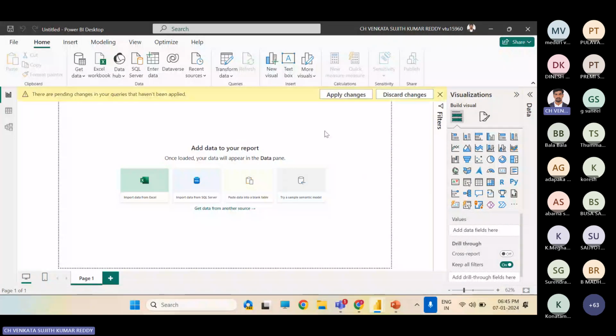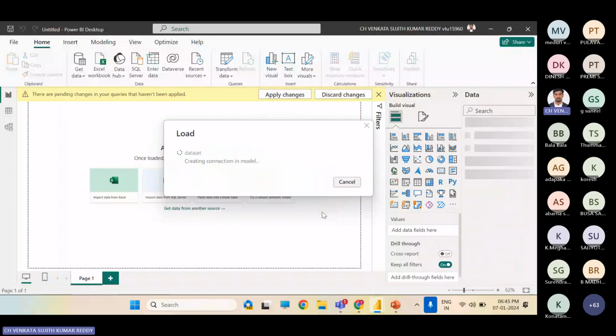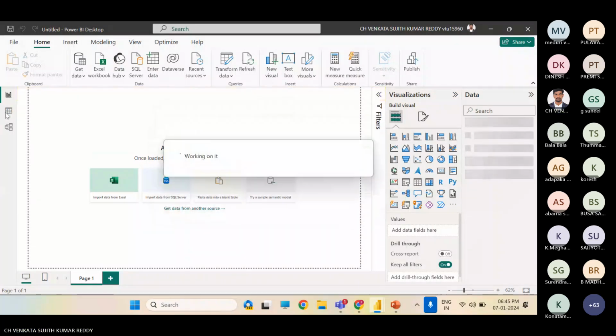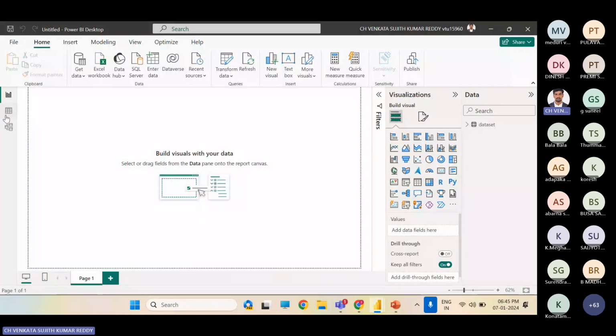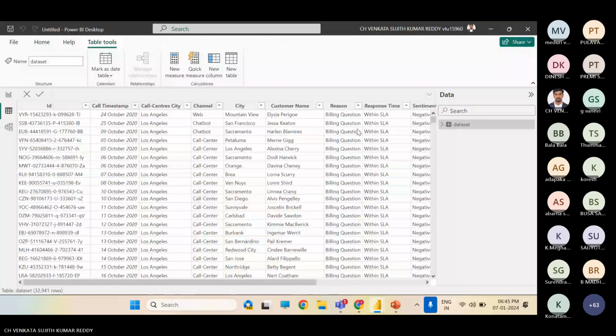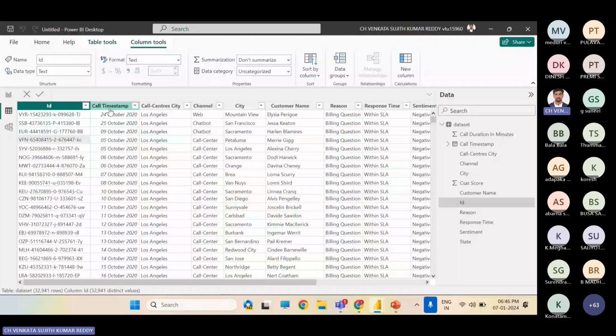So here, first we'll go for the measures. In my data, it's all about call center things. You can see here, I don't want ID, a completely unique value for finding who called. It's not needed here, so I was not using it. Coming to the time swap, and then call centers, and what channel they called through: web, chatbots or call centers. What are the things they have used?